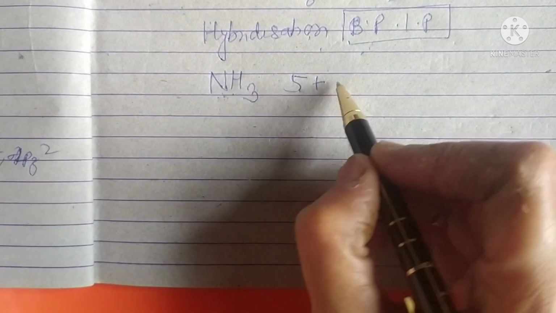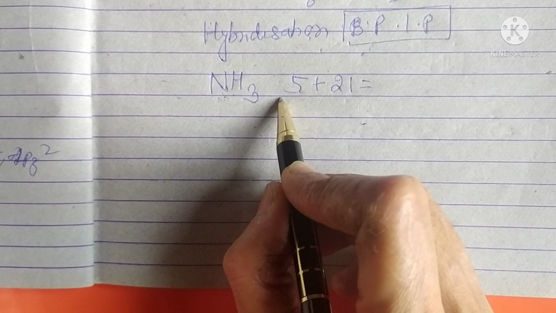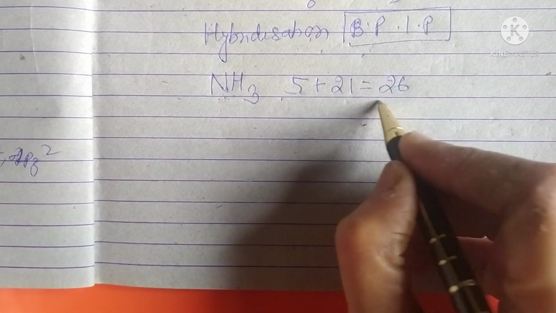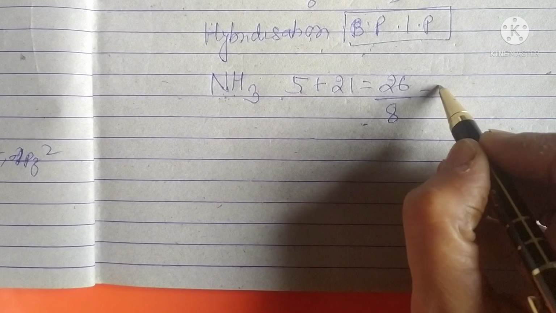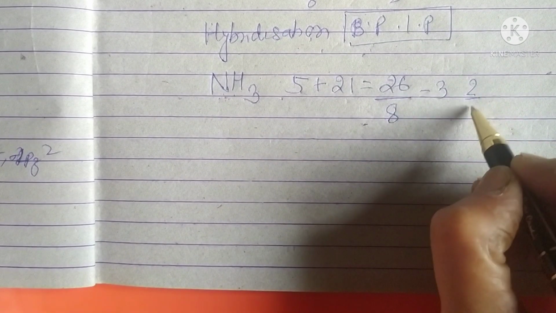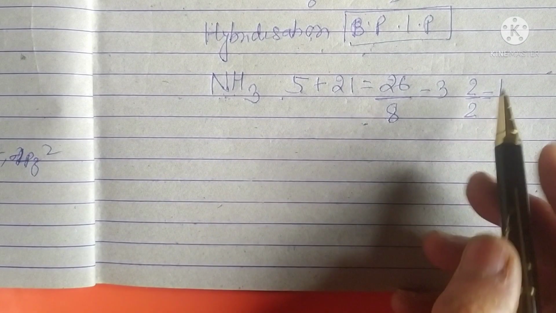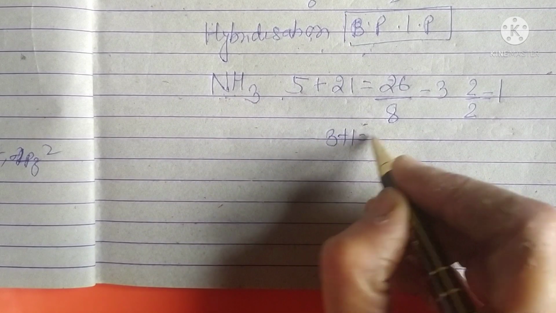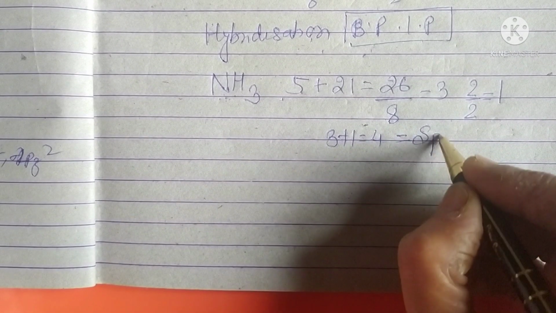So in this case it will be 7 3s are 21. So the total number of electrons in this case will be 26. Now let us divide it by 8 to get the number of bond pairs. It will be 8 3s are 24. Now the remainder is 2, and 2 upon 2 will give us the lone pair of electrons. So 3 plus 1 makes it 4, and if the number is 4, the hybridization will be